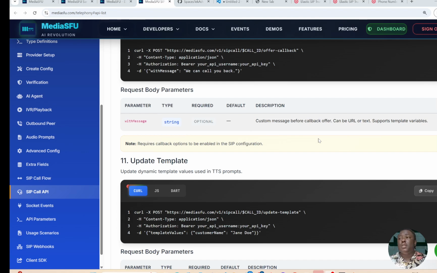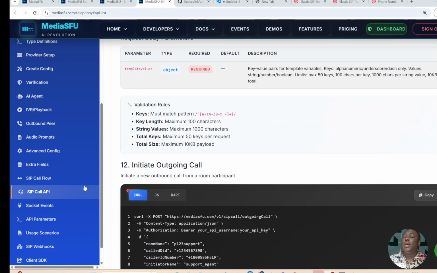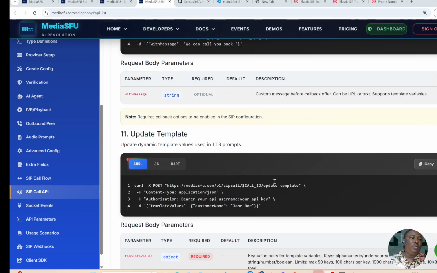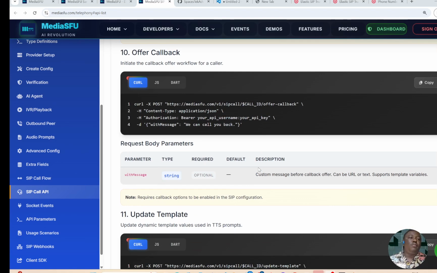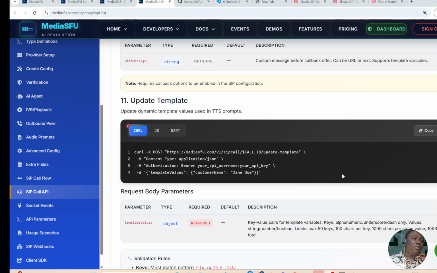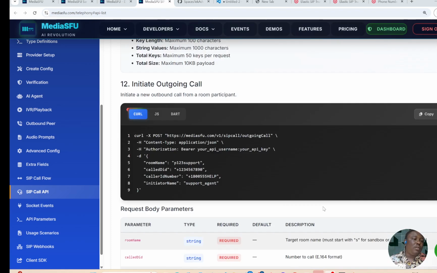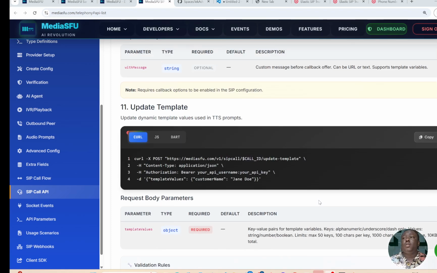But every single option you ever need, you have in the SIP call API in terms of HTTP endpoints to do that for you. Mostly, you just need to grab the calls, and if you can identify the call by the number or the SIP config you are referring to,